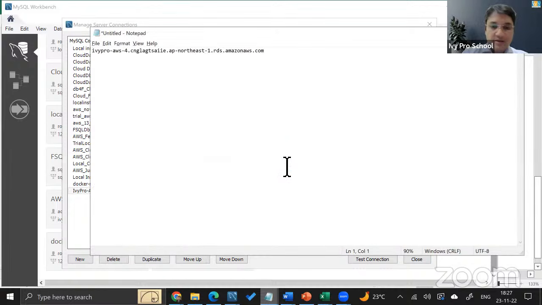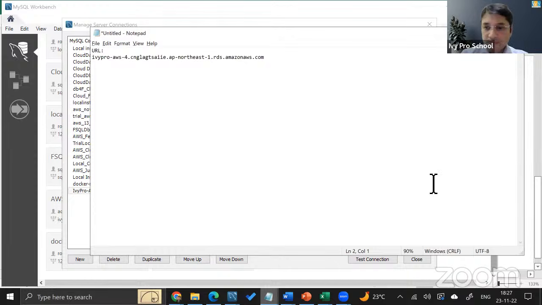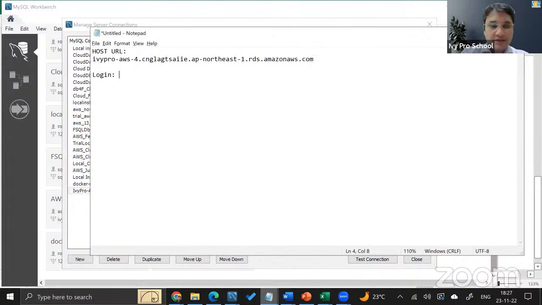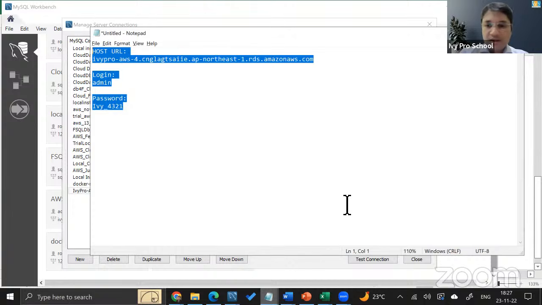This is the host URL, and the login. This is IV, right? It's not LIV. So this is the URL, and this is the login details. I have shared it in the chat window also.